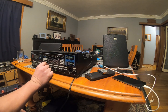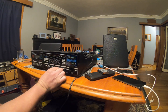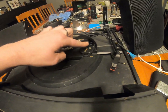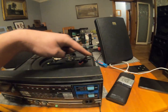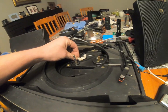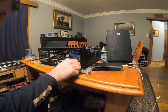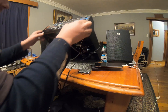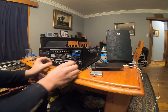Oh mate, how about that? Let's find a tuning knob for it. See if we can turn it off first. As you can see, I've taken the deck off, or the disc off for the LP player, and that motor's just spinning. Doesn't want to stop. I've tried moving the tone arm a couple of times, I've tried moving some mechanism around to see if it'll auto stop, but nope. It's the worst tuning mechanism I've ever felt. But it is tuning, so...